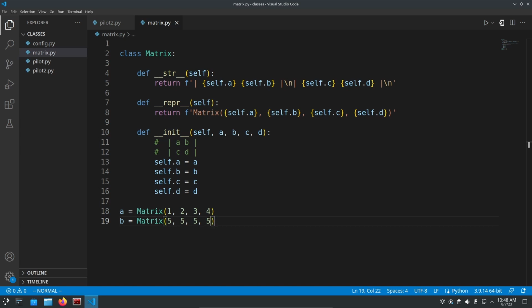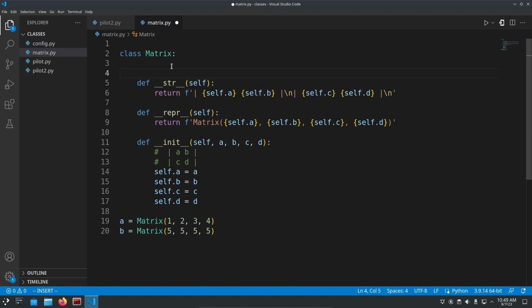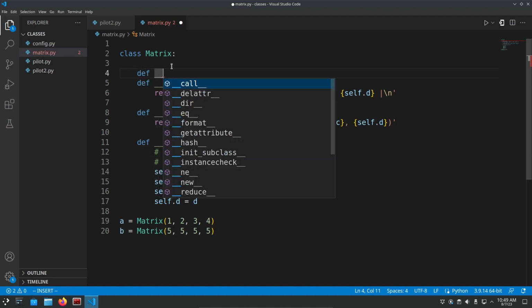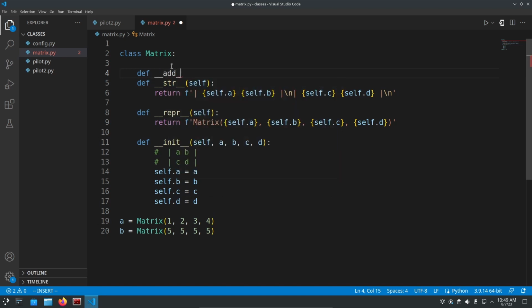There are a lot of them, and while I am going to show a list of all the magic methods for all the arithmetic operators, I'm only going to demonstrate one in order to keep this video from getting too long. And the magic method that I'm going to demonstrate in this video will be for the addition operator, the plus sign. So the magic method for the plus operator for addition is __add__